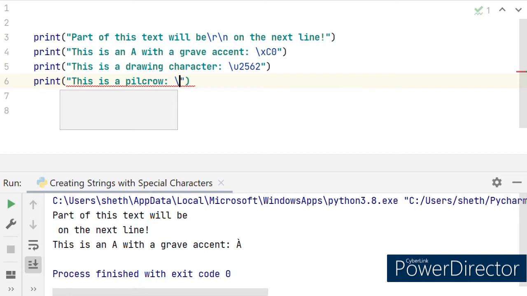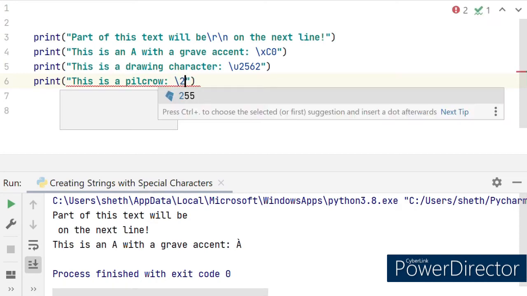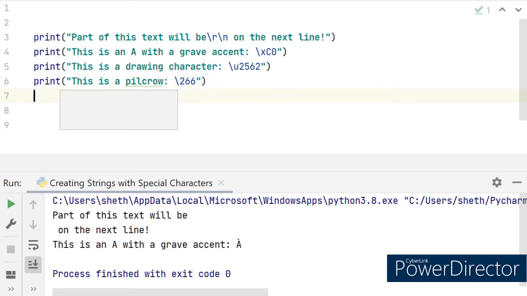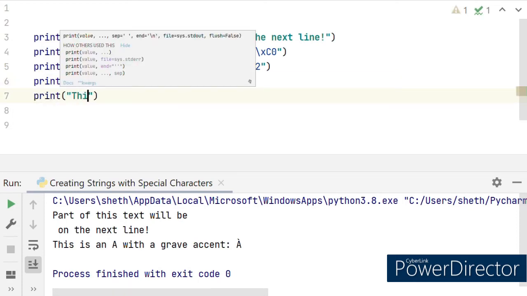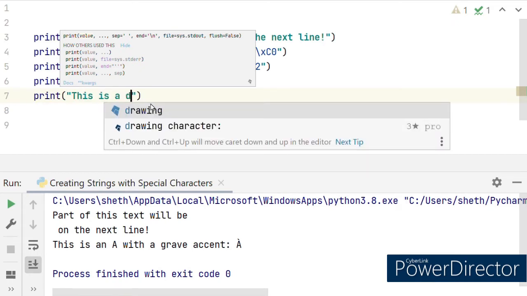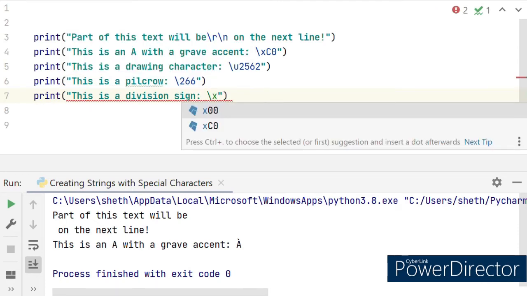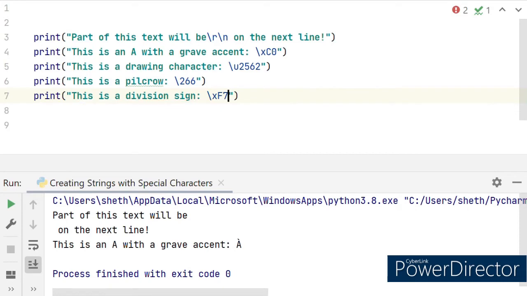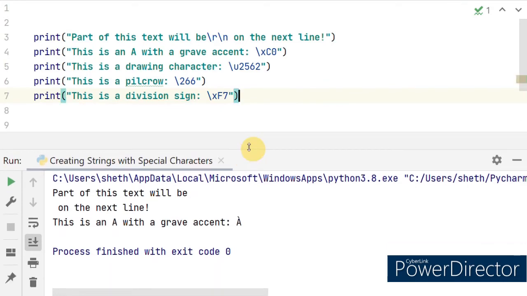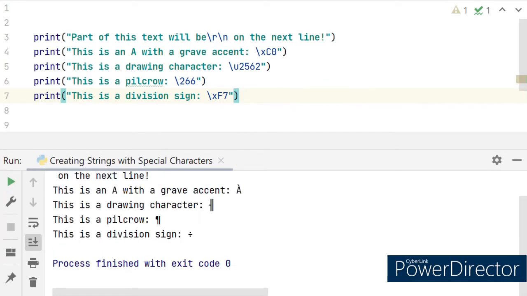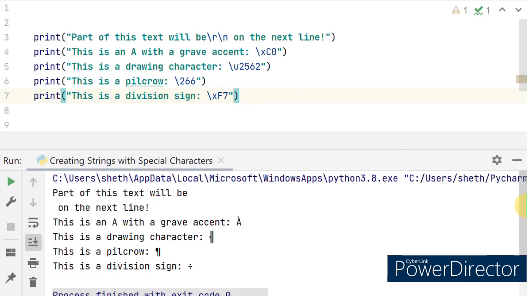The code is \266. Then lastly, print this is a division sign. The code is \xF7. Now let's run the code. As you see we get the expected outcome.